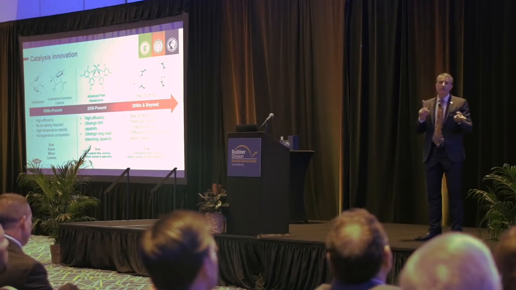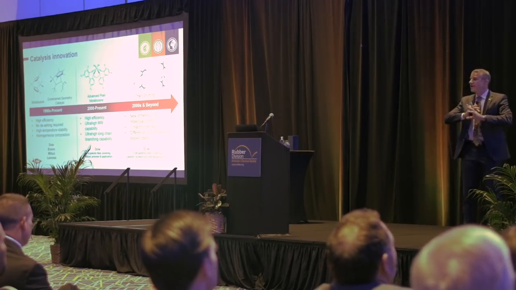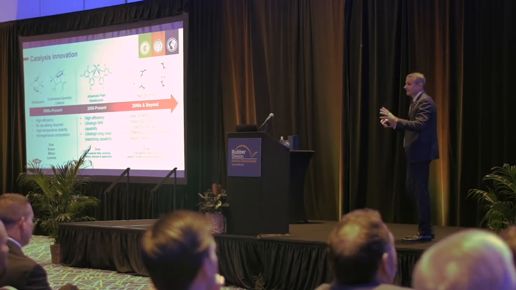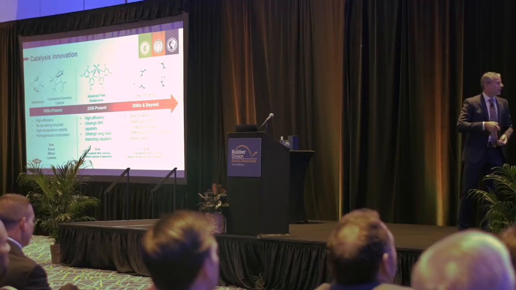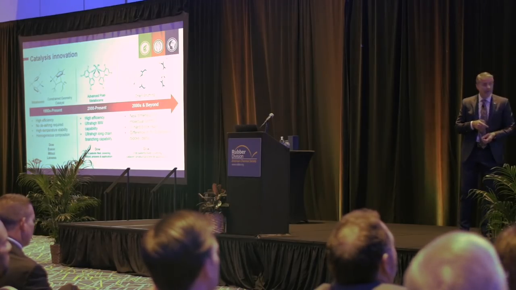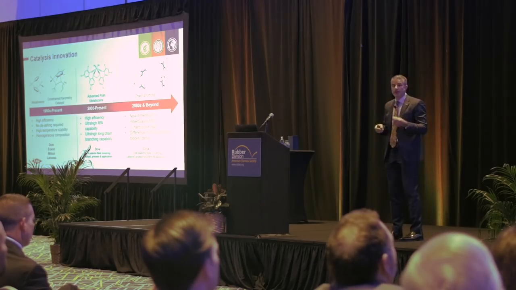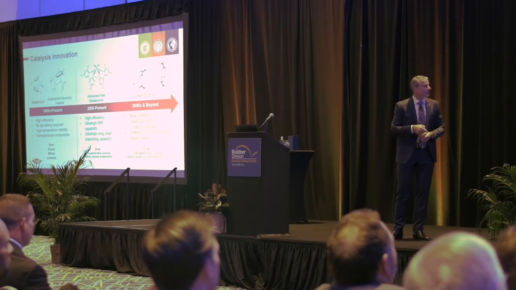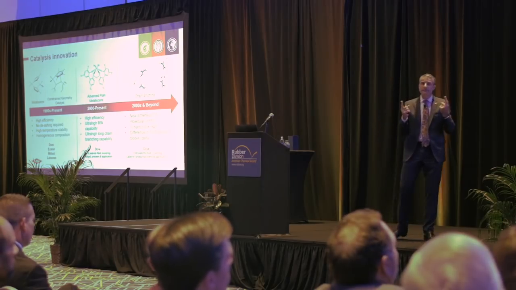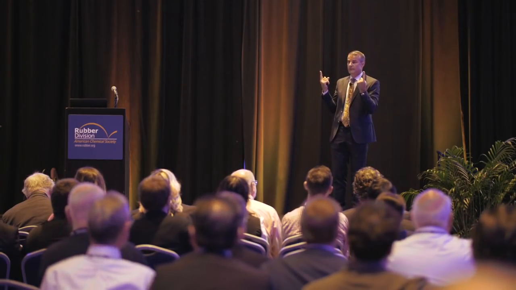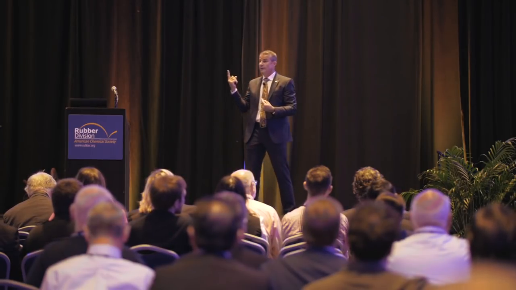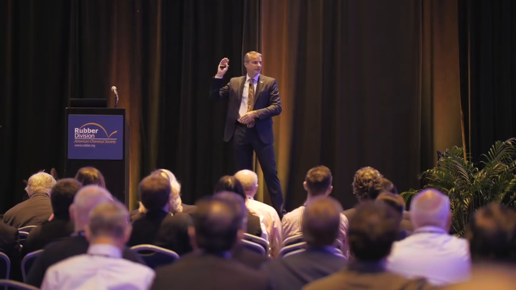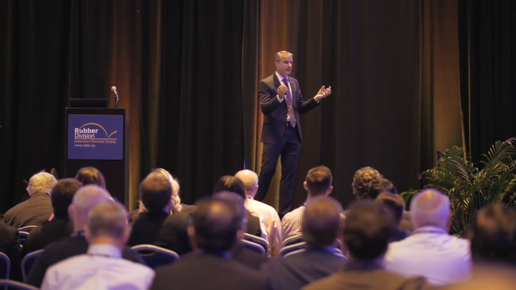Then the research started. We used these high throughput tools and ran literally thousands and thousands of catalysts to get the molecular weight up, to get higher efficiency, better control over the branching, and so on. And ultimately we discovered, and that's one of the great stories here, this chain shuttling chemistry. What it does is you have two catalysts working together. One catalyst, the one with the zirconium, only likes ethylene. The other one actually doesn't care. It takes ethylene, it takes octene, it takes any alpha olefin that you give it.